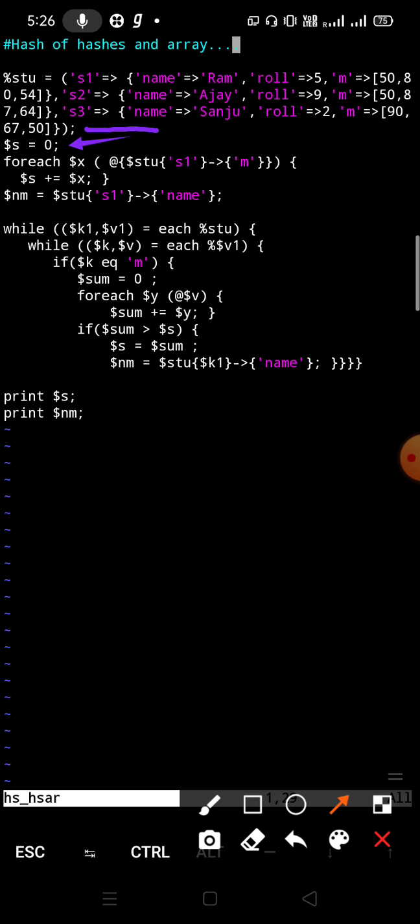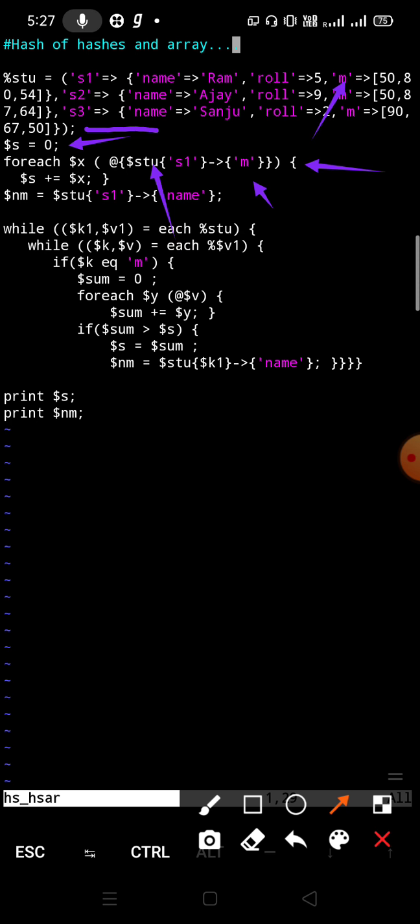Okay, so for this purpose we are taking a foreach loop. The variable $x will store the marks of the individual subjects, and we are taking here $stu{s1}. s1 is the key for the first student's record, and the m key will store the marks, as you can see here.